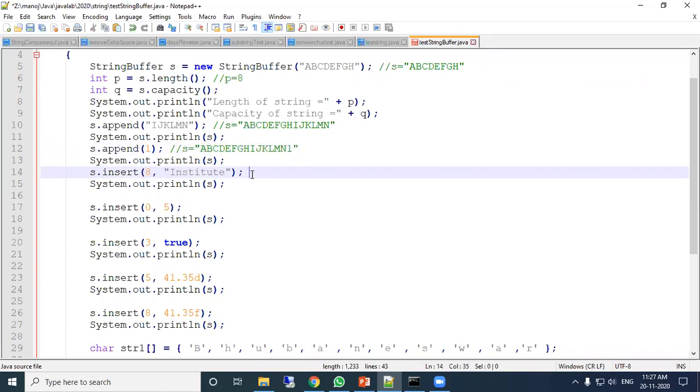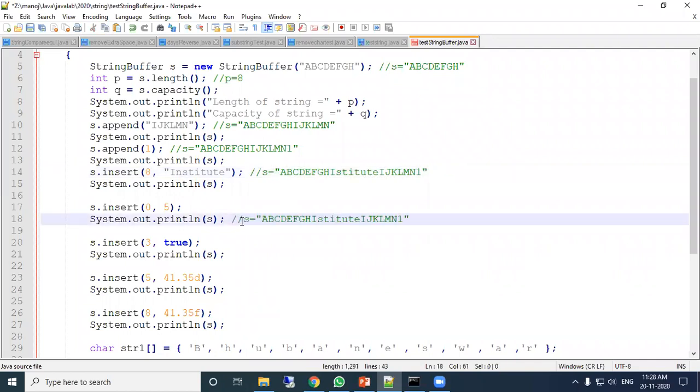At that position, S value will be, after H, it will insert institute. This will be the output. Now at 0 position, it will insert 5. This will be the output.